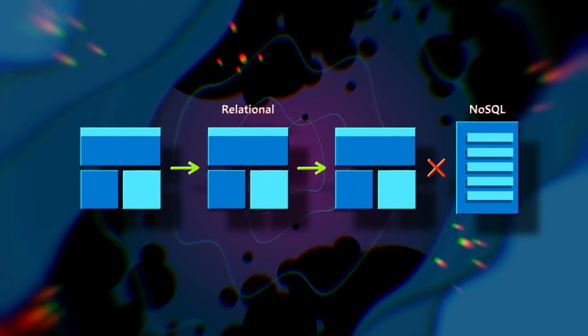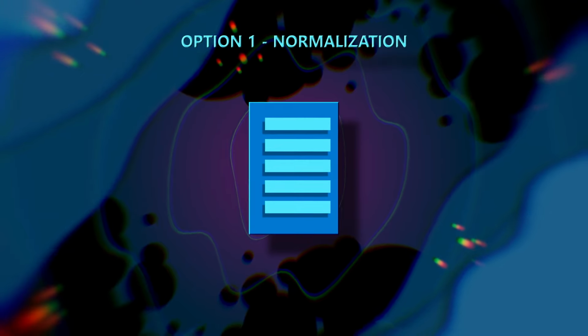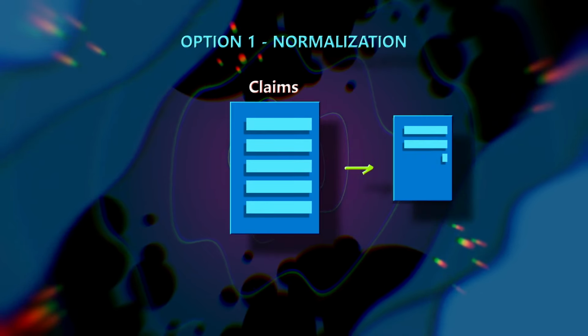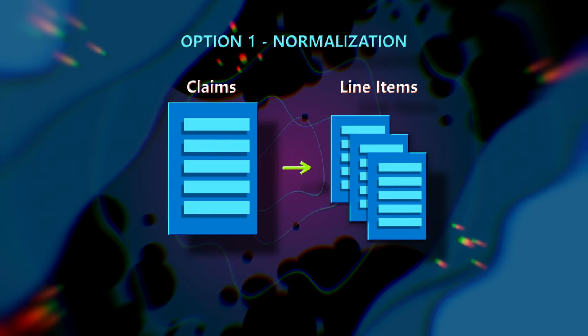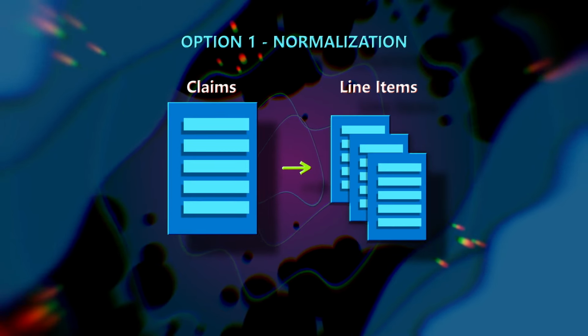So let's dive into an example right away. For this example, we're going to imagine that we are building a database for an insurance claim system. When you normalize the data model, what you typically end up doing is you break up things by entity. So you might have an entity called claims. You might also have a set of entities called the claim line items. And what happens is, as a patient files a claim, that claim might have a bunch of different little line